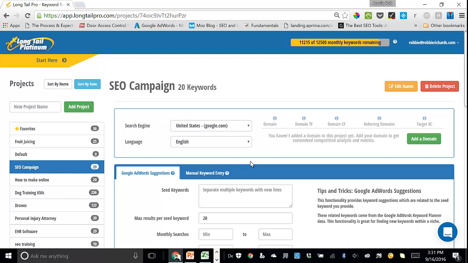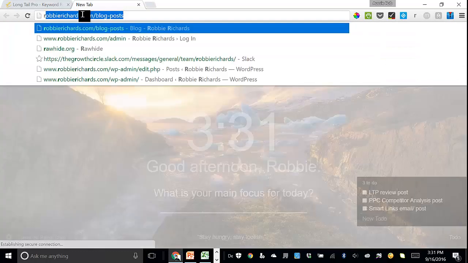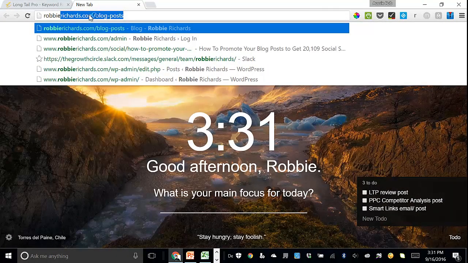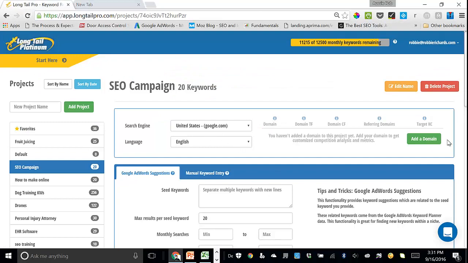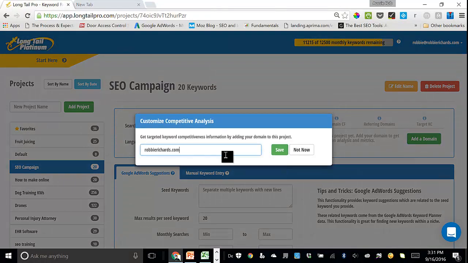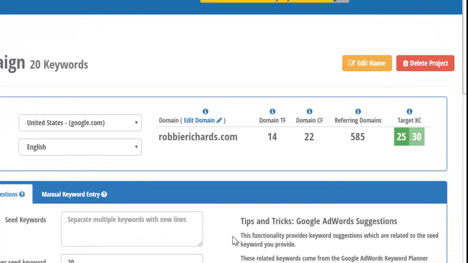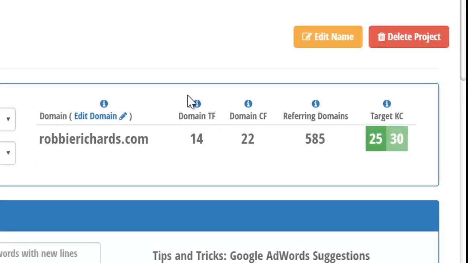When it comes to keyword competitiveness, people are like, how do I even know what range to target? Well, Longtail Pro's just created this new feature where you can add your domain. So let's just take robbierichards.com as an example. If I copy the URL here, I'm going to go add domain, add it in here, click save. And then what the tool will do is it's going to go out and calculate